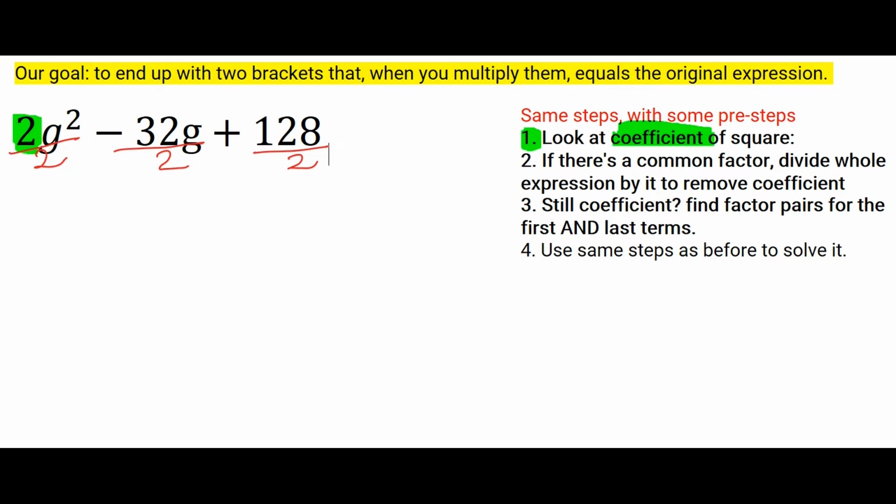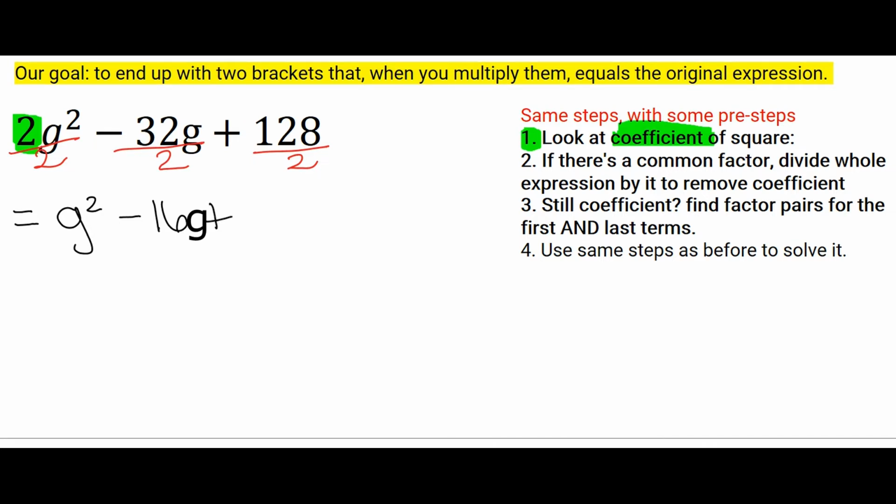Once you've done that, you can just rewrite your expression as g squared minus 32 divided by 2 is 16, and plus 128 divided by 2 gives you 64. Now, let's see, is there still a coefficient of the squared term? There isn't. So now we're left with exactly the same steps to follow as we did before, because there's no longer a coefficient. So we can just draw out two wide brackets, the g in front,